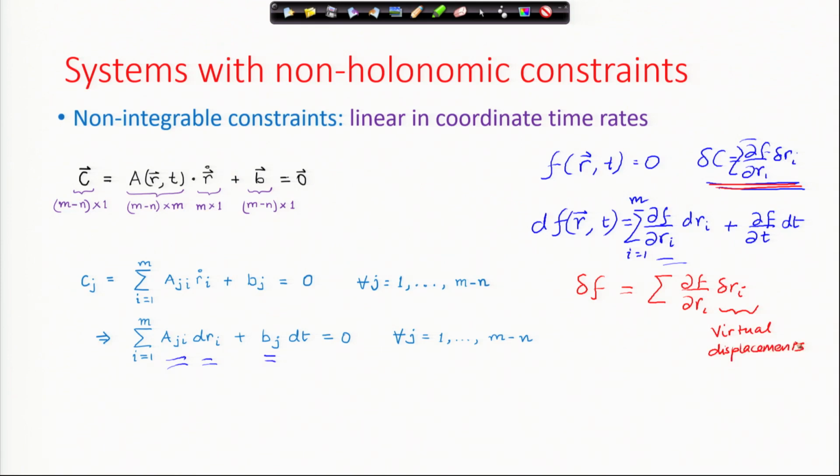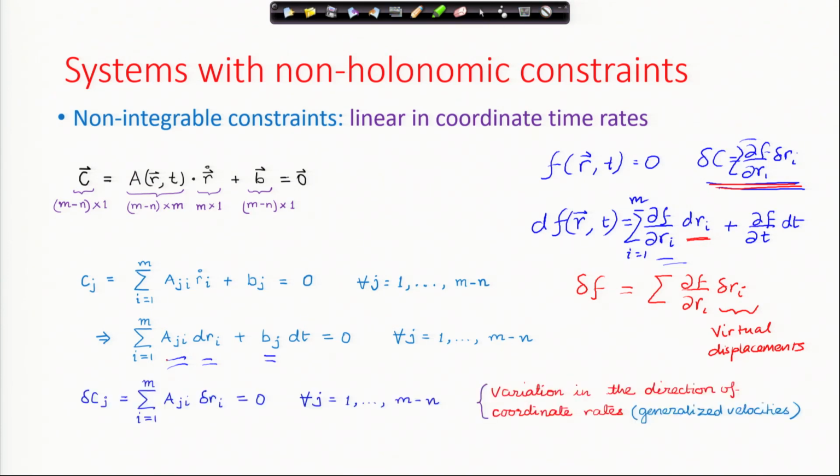These delta r_i are the virtual displacements with time frozen. These virtual displacements are being made in the direction of, you can think about the velocity vector, in the direction of the variation of the coordinates and in the direction of the velocity of the coordinates. And now,